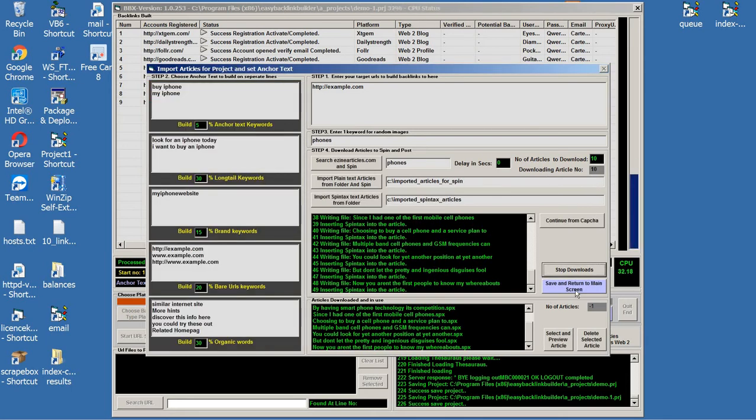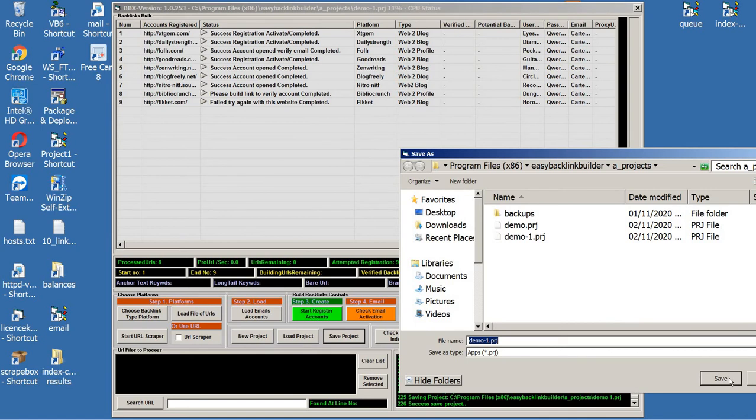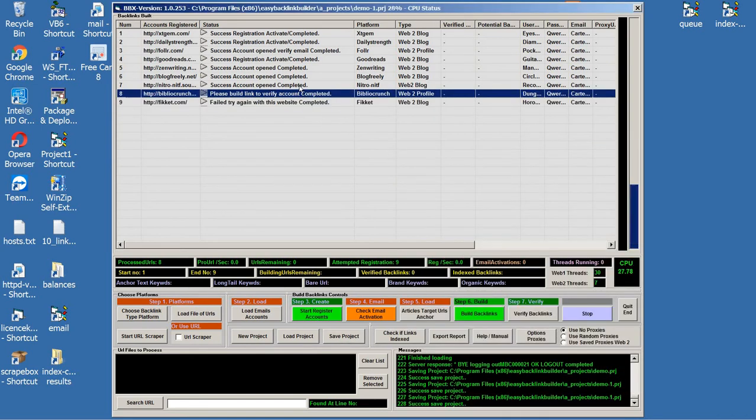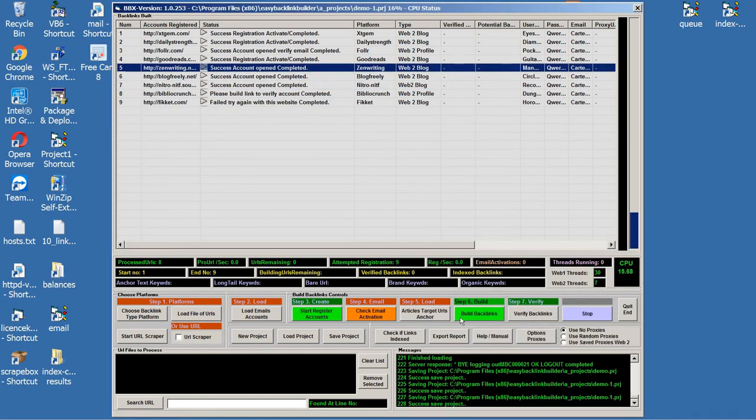There it is. There's our articles. Do a save and return. I'll do another save on the project. We now have some articles, and what we can now do is, if we go back to our article manager,